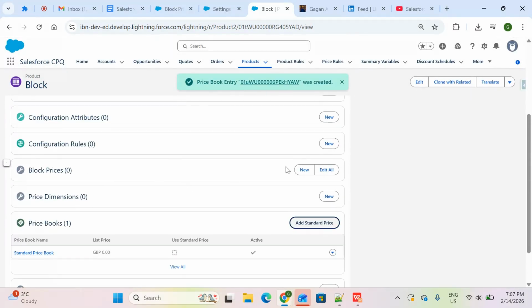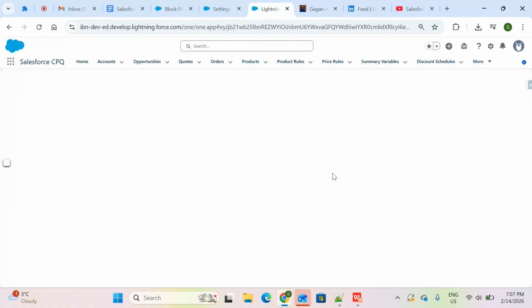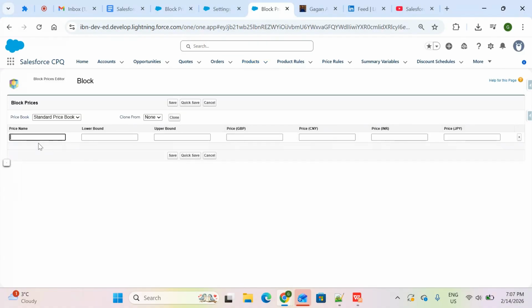And then I will go to the block pricing. Just click edit all in the block pricing. If you click new, then it will be very hard to configure. So I'm just clicking edit all, and here I'm giving the name call charger, and 0 to 1, I'm choosing 1 quantity, 200 quantity, I'm choosing price as, let's say,